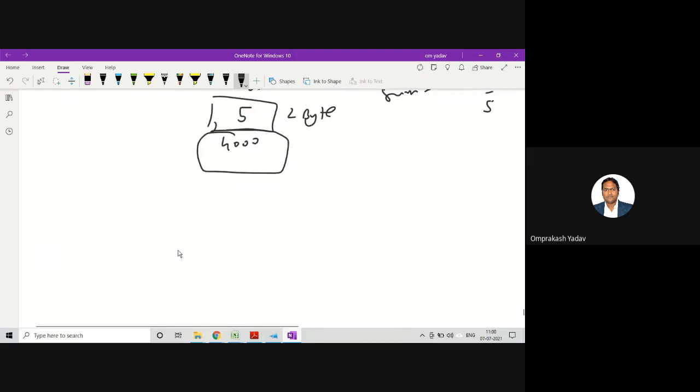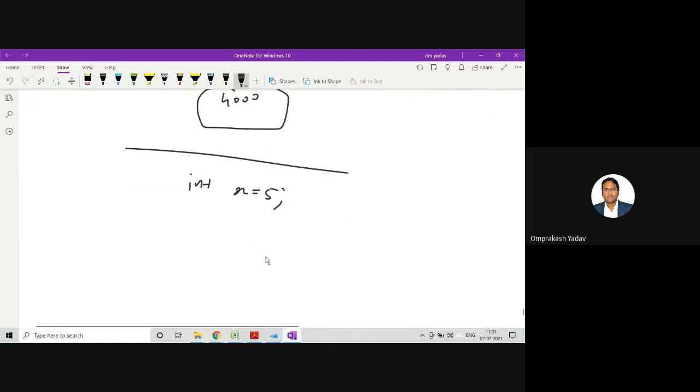Now how to store the address of any variable? If the integer number is there, let's say int x equal to 5, and I want to store the address of this particular number, I can declare one integer pointer. Let's say I am declaring int star p.